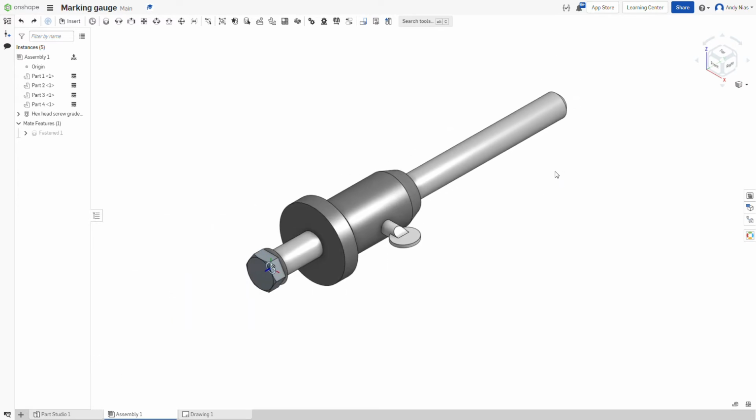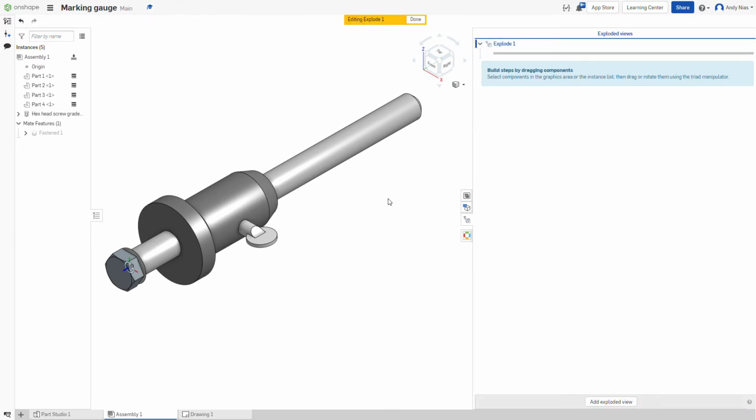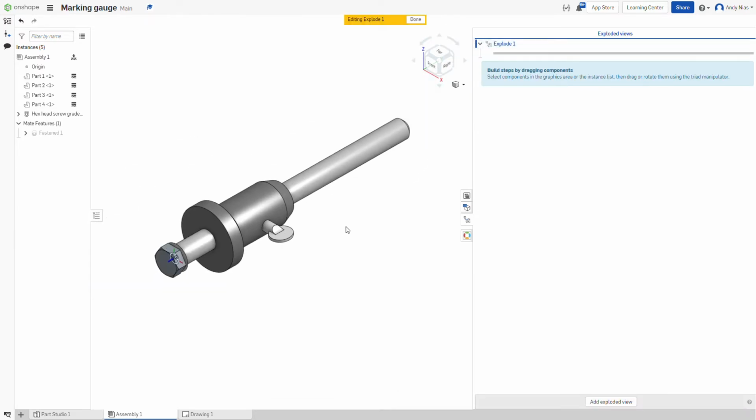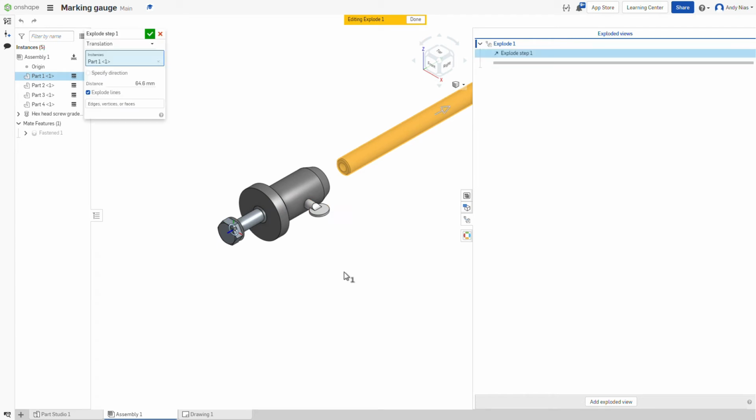Right, next thing we need to do is to find the exploded view option. Over here on the right, there's a button that says exploded views. If we click that, we get a big box opening, and we've got here a button that says add exploded view. It's very straightforward. All we're going to do is pick a part, and then drag it a distance that we want to move it to. And by doing that, we can create an exploded